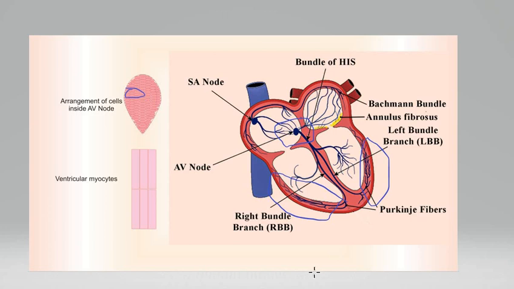Afterward, when the repolarization signal reaches the myocardial cells, it makes them relax, and after the relaxation phase, the SA node fires another impulse and the next cardiac cycle begins.